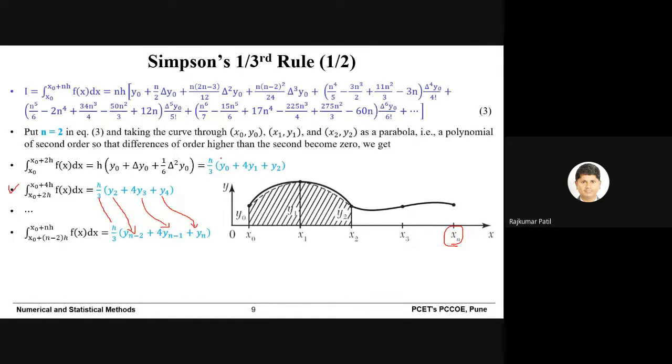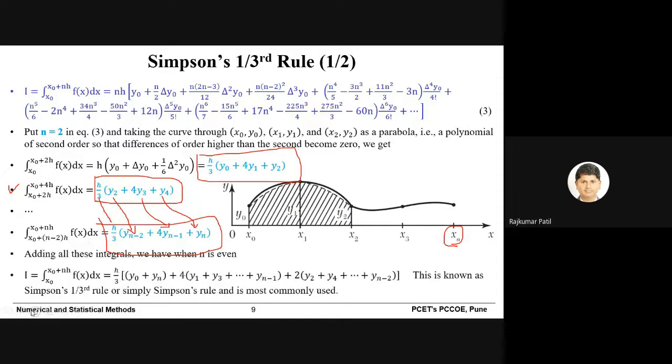So similarly we can calculate the areas for each parabola, and when we add these values we will get the area under the curve. So what we did, we summed all these areas and simplified those equations. Upon simplification you will get the integration, that is the area under the curve, as h by 3 into bracket, and again in the bracket there are 3 sub brackets.